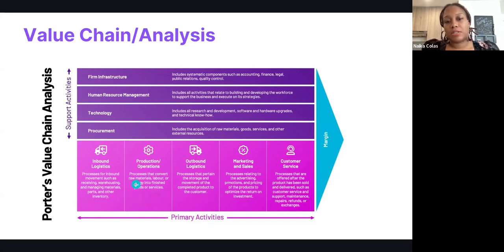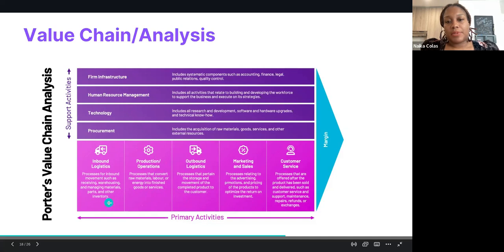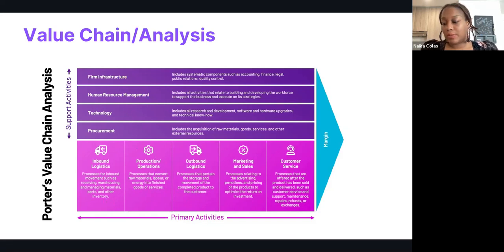And then this is also the energy that goes into finished goods and calculating that in terms of the amount you're paying the employees and how much you're charging your clients on top of raw materials and all of that for finished goods. And then your outbound logistics would be processes that pertain to storage of your materials. So if you're doing something like a drop ship, or if you're a retailer like a Nordstrom or a Macy's,